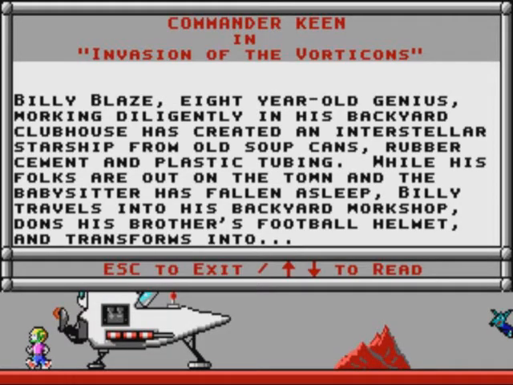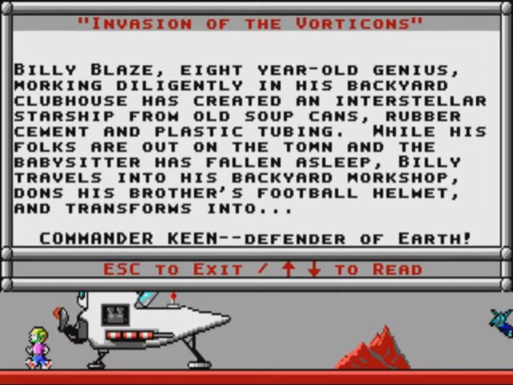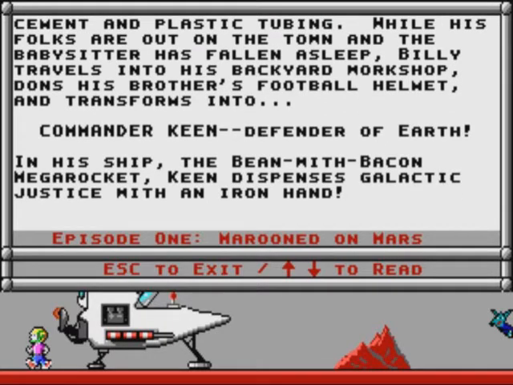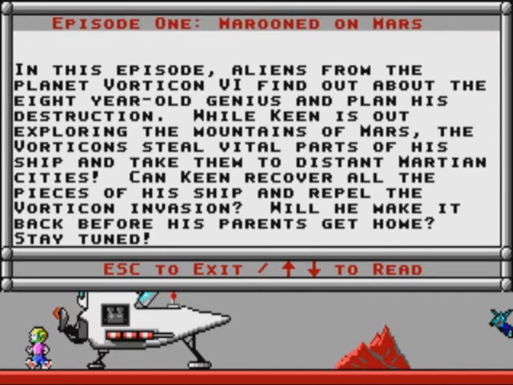Billy Blaze, age 8, is a genius who builds a rocket ship out of household parts, namely a vacuum cleaner, gaming joystick, Everclear liquor, and a car battery. He flies to Mars when his babysitter falls asleep, then aliens steal those parts. He then needs to race to get them back so he can race home to Earth before his parents get